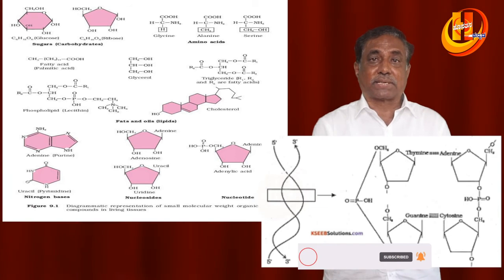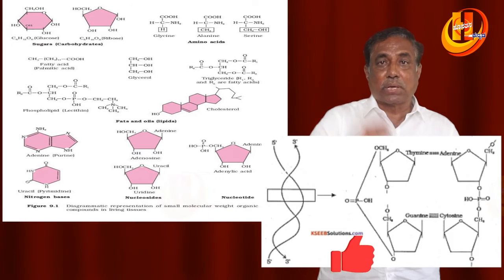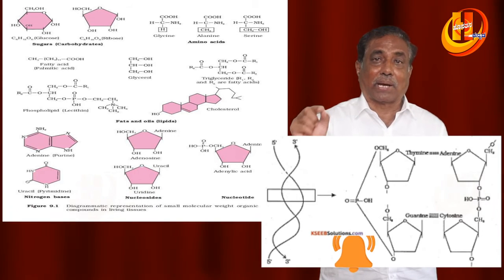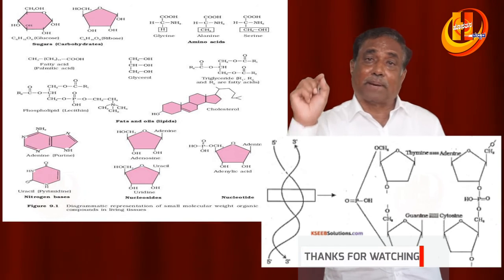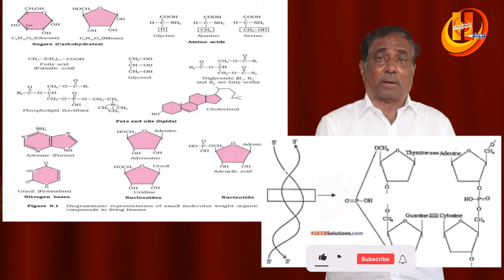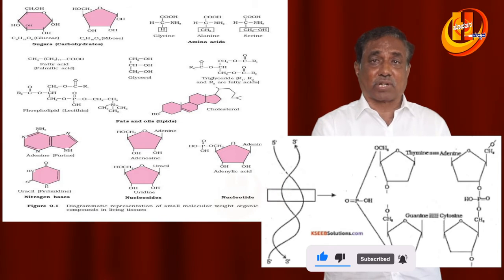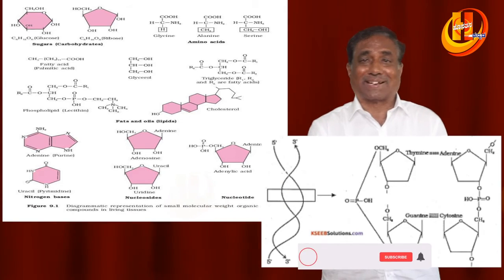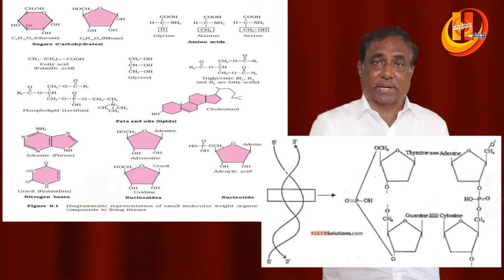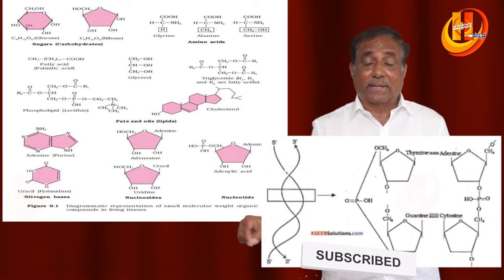So the pyrimidines: cytosine is 2-oxy-4-amino pyrimidine. 2,4-dioxypyrimidine is uracil, and 2,4-dioxy-5-methyl pyrimidine is thymine. And the phosphorus present in the nucleic acid is H3PO4, that is orthophosphoric acid. If it binds with the 5th carbon atom of the sugar, that is the 5' end, and if it binds with the 3rd carbon atom of the sugar, that is the 3' end.